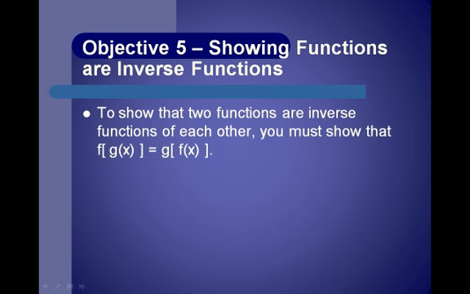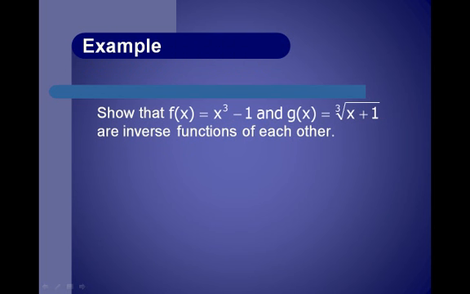Okay, objective 5, showing that functions are inverse functions. Like I said earlier, to show that two functions are inverse functions of each other, you must show that f of g of x is equal to g of f of x. Okay, let's do an example. Show that f of x equals x to the third minus 1, and g of x is the third root of x plus 1 are inverses of each other. Well, to do this, we have to show that f of g of x is equal to g of f